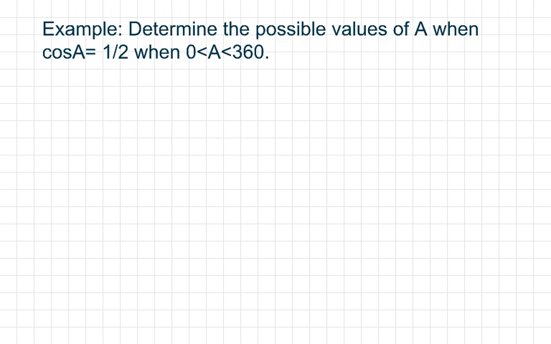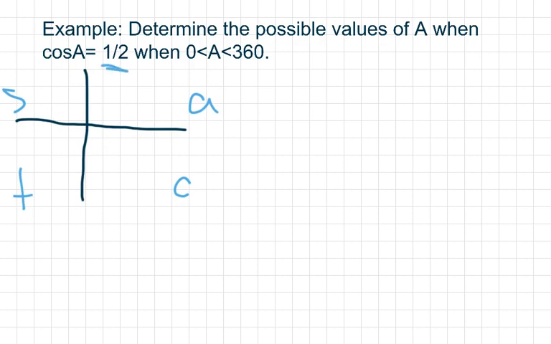So first off, let's start by drawing our quadrants for the CAST rule. So we have the quadrants, and cos is going to be positive. So we know that it has to fall in the lower right quadrant or the upper right quadrant. Okay, so now we're going to need to figure out what the value of A is going to be. And we can actually, since we see that the cos of A is equal to 1/2, we can do this